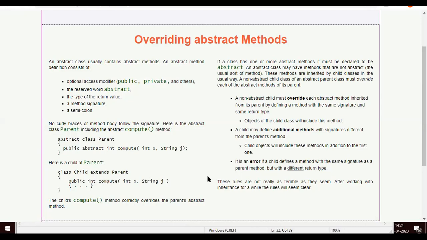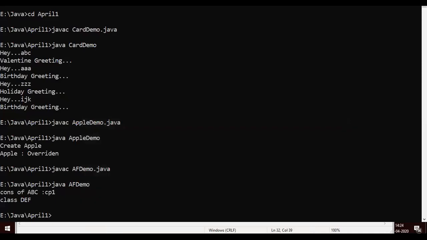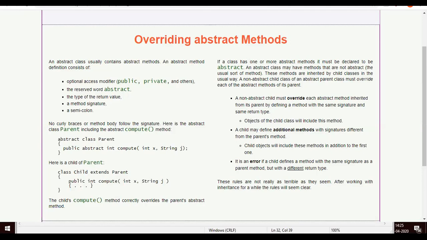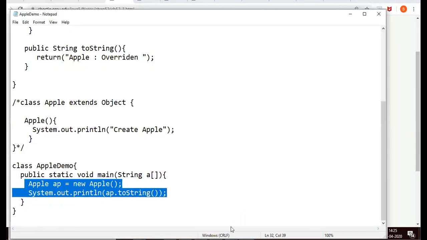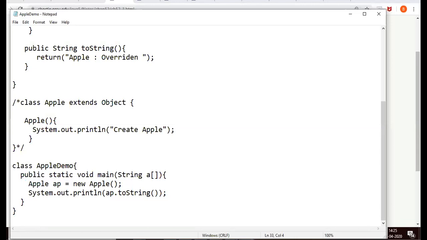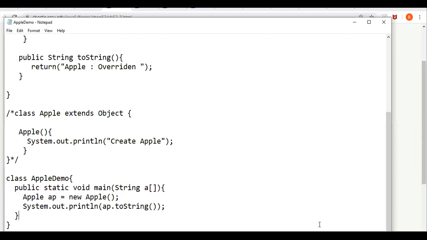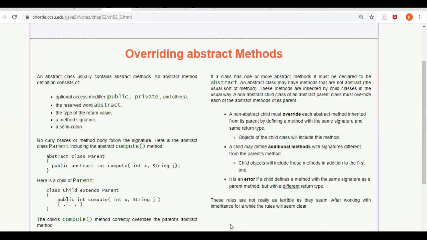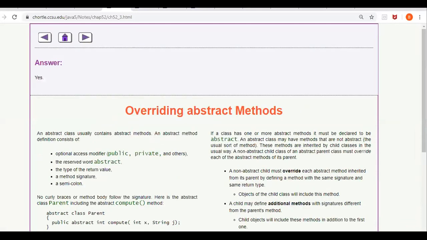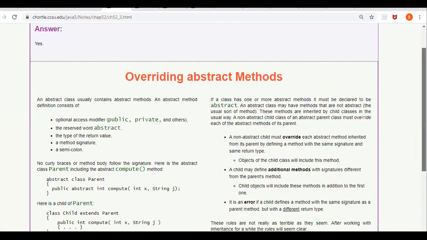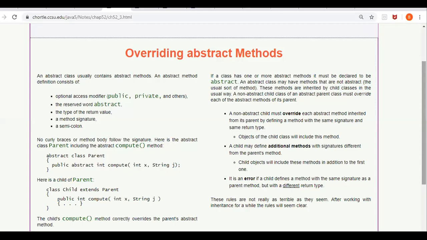So that concept is called method overriding.